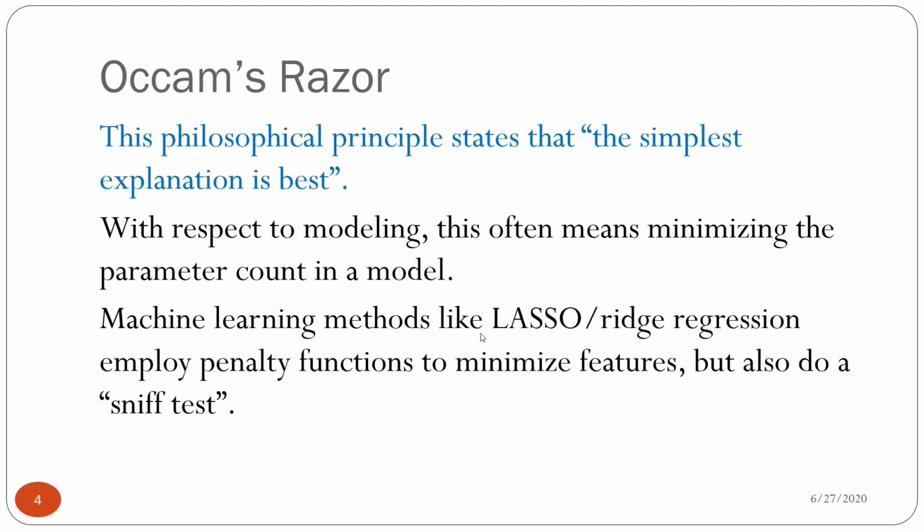Okay, so this philosophy principle states that the simplest explanation is the best. So why so? Well, it relates to other concepts in machine learning as well, like overfitting and underfitting. I'll explain that to you when we discuss bias and variance. But you need to understand this philosophy that whenever you have an option to pick from two models which are